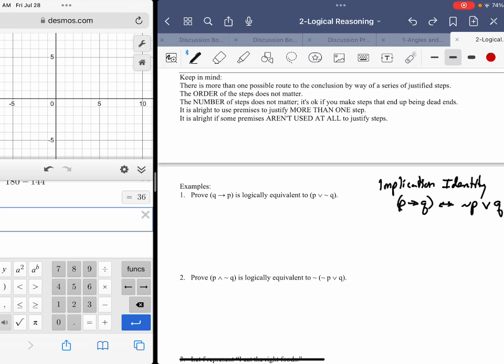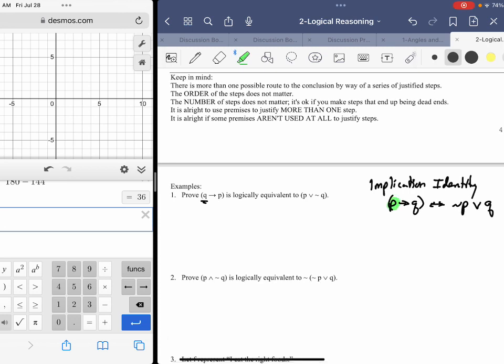So I'm going to let this Q be equal to these P values. I'm going to replace the P's in my implication identity with Q's, and I'm going to replace the Q's in the implication identity with P. So that's going to become, just through direct substitution, Q implies P